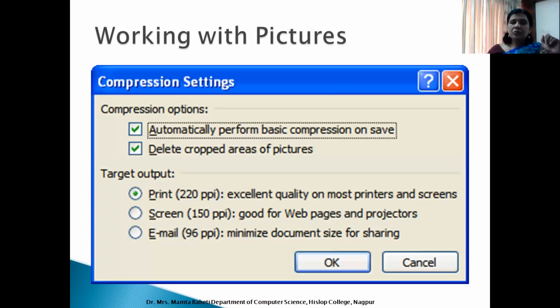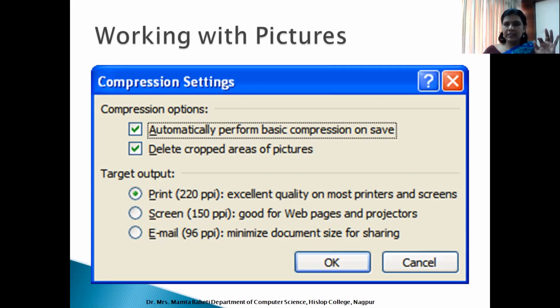Okay. Then how to do the compression? The compression settings, we can select from the format menu. There you will find how to compress those images. While compressing, if we are just cropping the image, you will find that the remaining part is also still there in the image, though it is not visible.